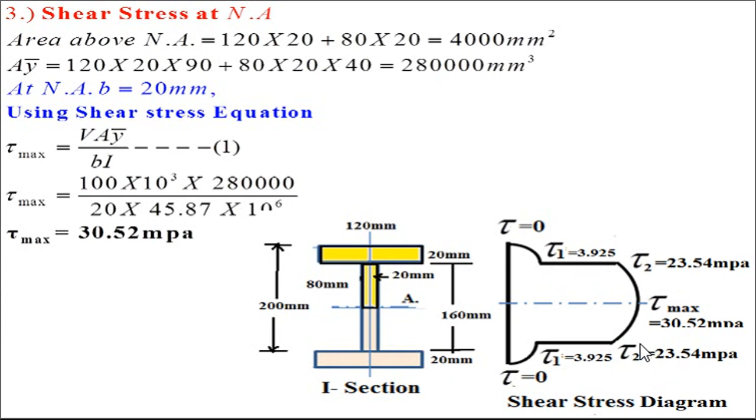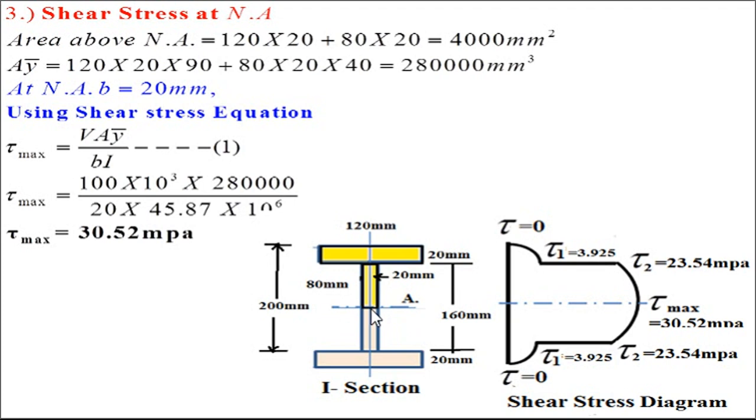Similar values you have to write down at the bottom portion also, because this is also a junction, just similar to the top flange. For the bottom flange also there will be the same area, same plane, same junction, everything is the same. So it is just a mirror image of the above portion. Now only one value of shear stress remains, that is at the neutral axis, and at the neutral axis shear stress is always maximum. So we'll find shear stress at the neutral axis. This is the neutral axis.